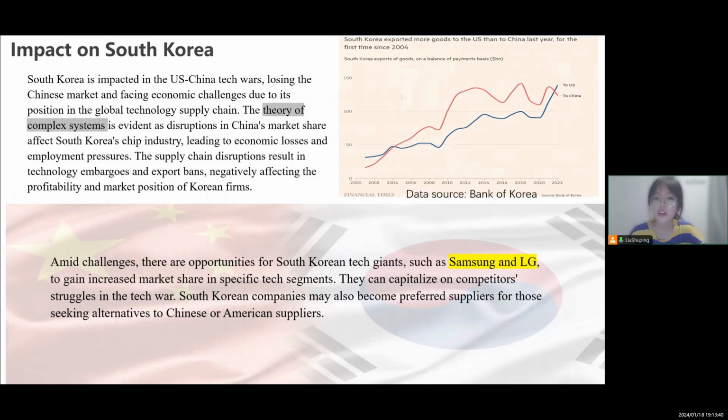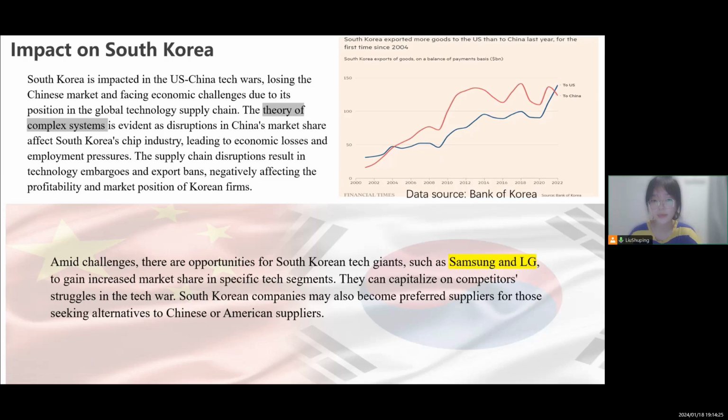The theory of complex systems applies, as disruption in China's market share affected South Korea's supply chain industry, leading to economic losses and employment pressures. The supply chain disruption results in technology embargoes and export bans, negatively affecting the profitability and market position of Korean firms. So South Korea has taken some hits in the US-China tech war, but it also faced some opportunities,